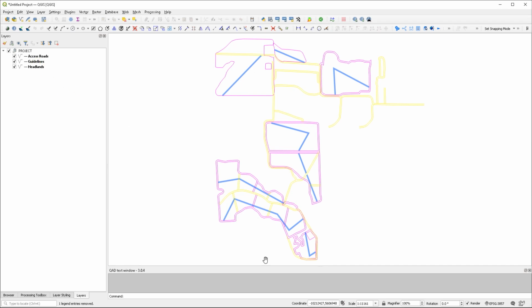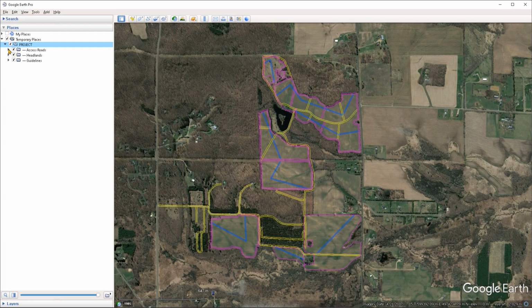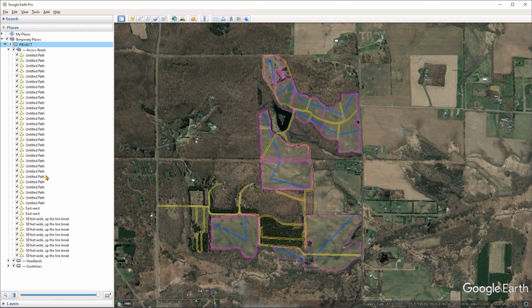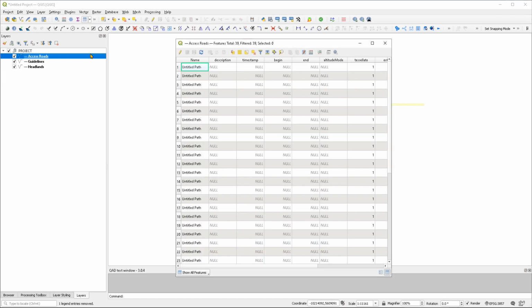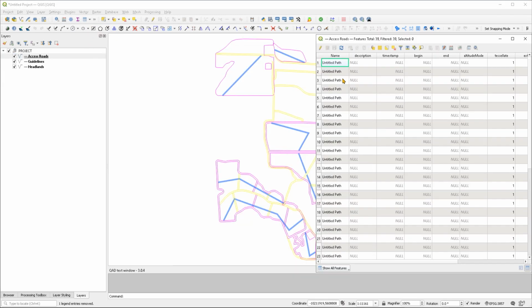So for instance, in Google Earth under the Access Roads folder, we can see that we have all of our features as separate objects. But in QGIS, all of those features are going to be merged under one layer. They're still going to be listed as separate objects under the attribute table. So if I were to open that just by selecting the layer first and then clicking on the attribute table icon in the toolbar, we can see that all of those features are still listed under this layer